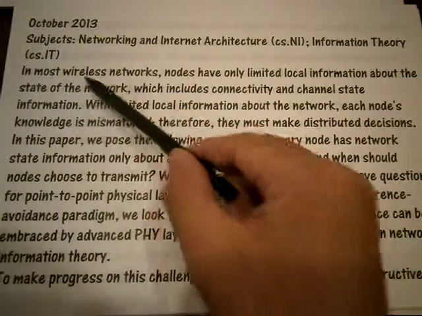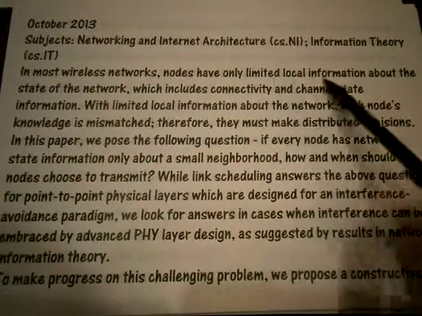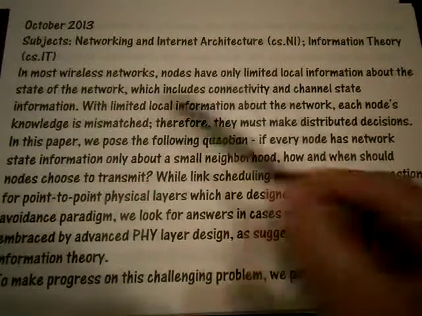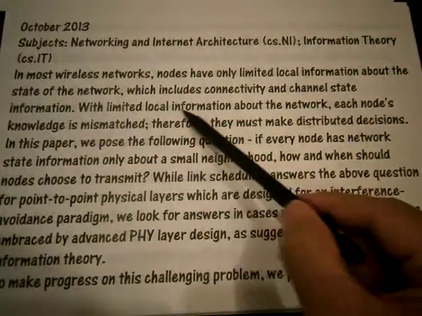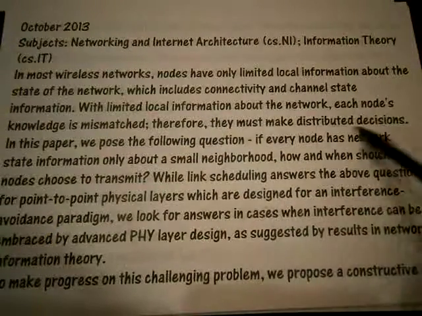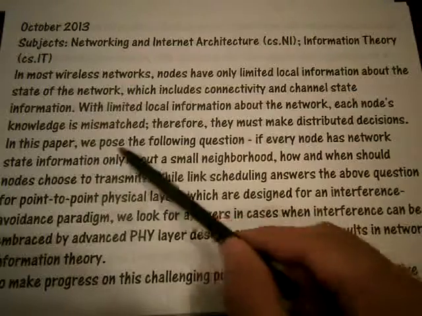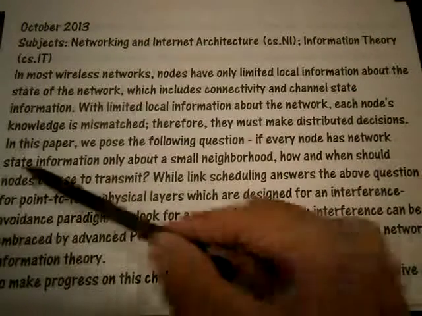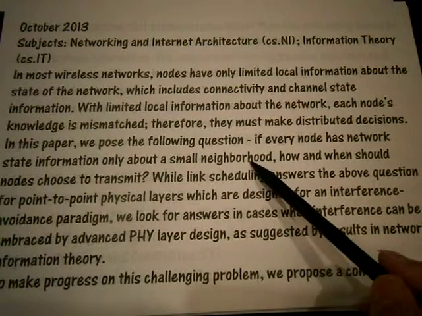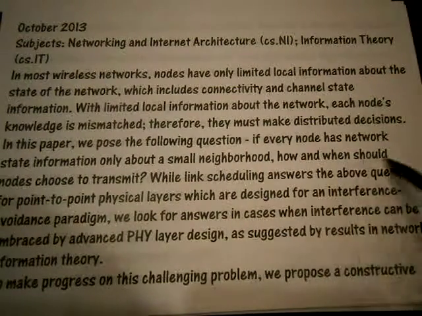Information cell is most to wait, and the network has individual local information about the state, a single reconnected channel or state information. Information about the network is not the knowledge material for the multi-description discussed in this paper. We propose a foreign question: in your network, information about all system never fault. How will we suppose to